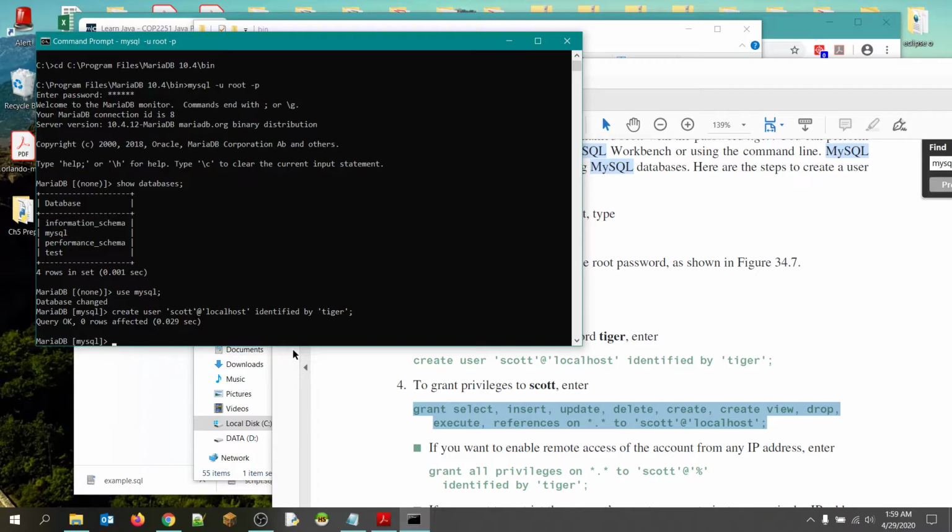What we're doing is granting certain privileges in the database to Scott here. He's going to be able to select. He's going to be able to insert. He's going to be able to update. He's going to be able to delete. He's going to be able to create new tables. And he's going to be able to create views. We don't actually do that. And he's even going to be able to drop tables. That means delete tables. He's going to be able to execute